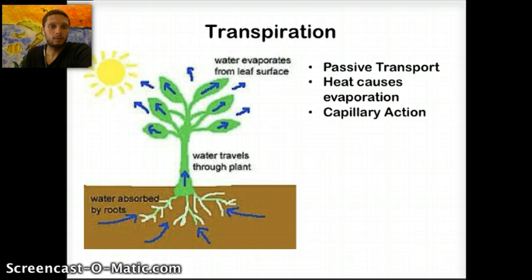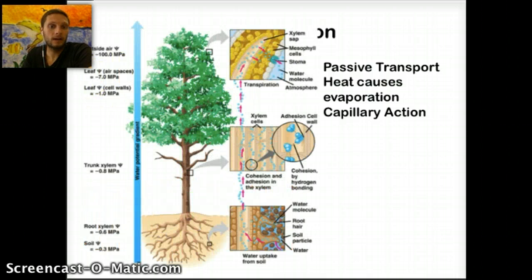Heat causes that evaporation, and so in capillary action, the interaction between water molecules and the walls of the xylem pulls a stream of water up the actual plant. And so this is going back to cohesion and adhesion. Water is absorbed by those root hairs. It gets transferred to the xylem, and through cohesion and adhesion within the xylem,